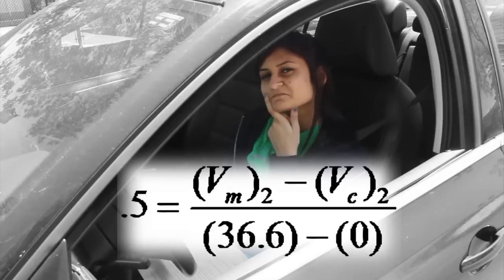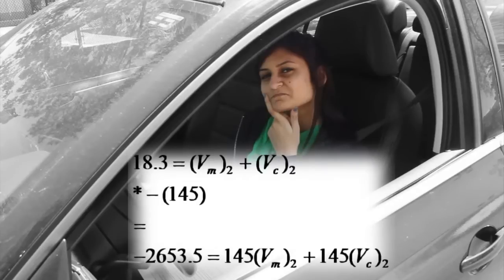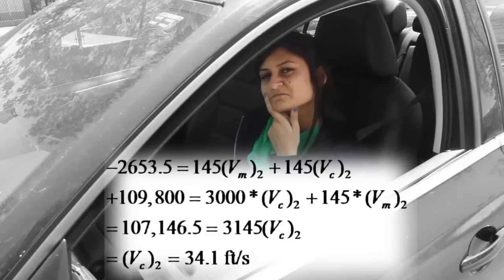Applying what I already know, 18.3 equals the velocity of the man at point 2 plus the velocity of the car at point 2. I can then multiply this by negative 145. That allows me to combine this equation with the first equation found. Now I can solve for both velocities. After combining the two equations, I get the velocity of the car at point 2 to be 34.1 feet per second, which is also